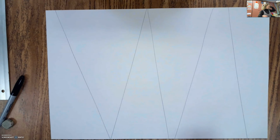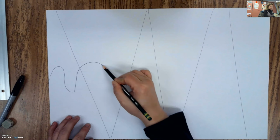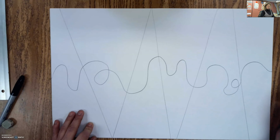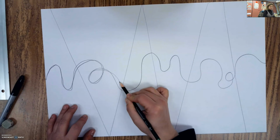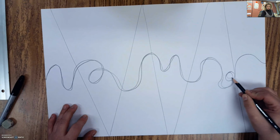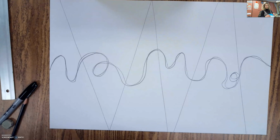I don't want it to be just a straight line. I want it to have some waves or swirls to it. So I'm going to go in and add in that line. So you can see I added this line going from one side of my paper to the other. I'm just going over it again so you can see it, but you do not have to go over it twice. Now what we want to do is we want to pick one color and we're going to trace over